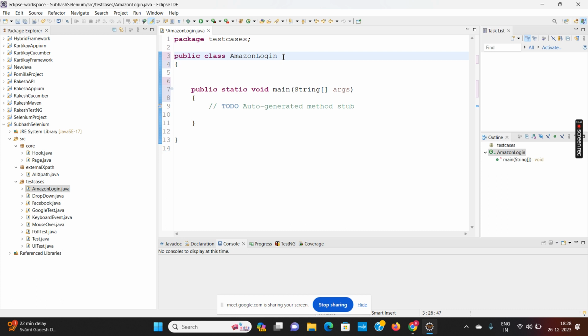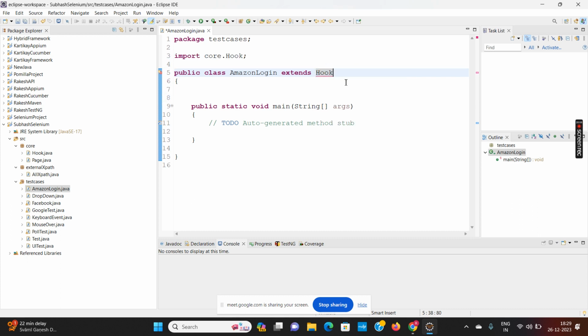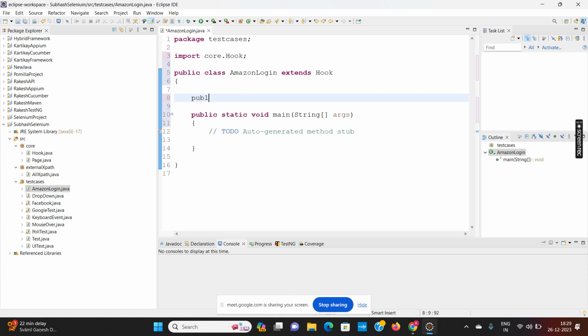Now in this Amazon login, instead of inheriting the page class which I was inheriting, now I will extend the hook class. Write my own method, public void, say login test,